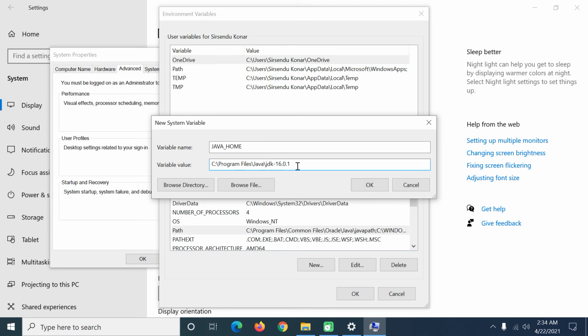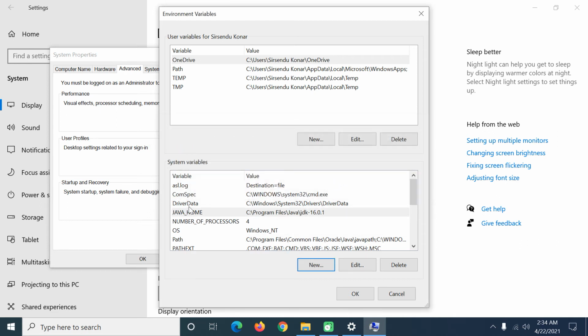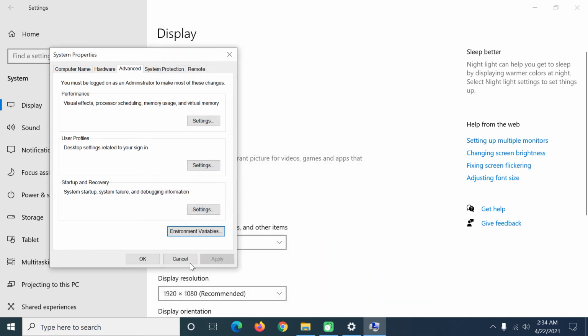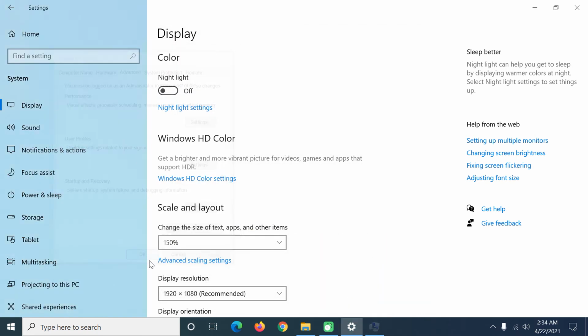So C program files Java JDK 16 is the JAVA_HOME in my case. Now I'll click OK here, and you see this JAVA_HOME environment variable is set now. So I'll click on OK here to close this window, OK to close this window, and we'll close all the open windows.